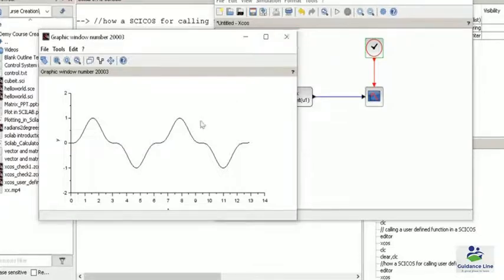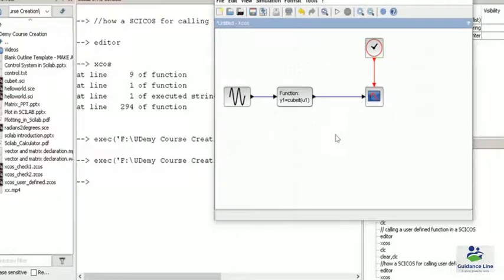Now suppose I want to check the input values with this particular graphic window, I mean to say we want to have a multiple plot in this graphic window where we have input and output both present. So for getting the values of input and output, we require a multiplexing operation.